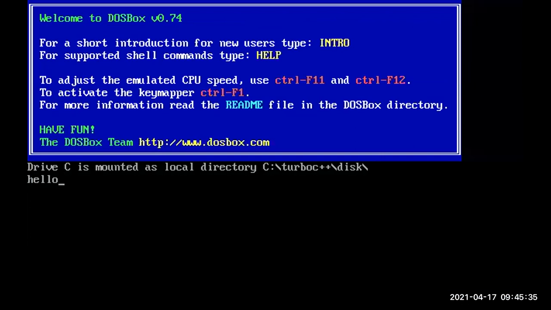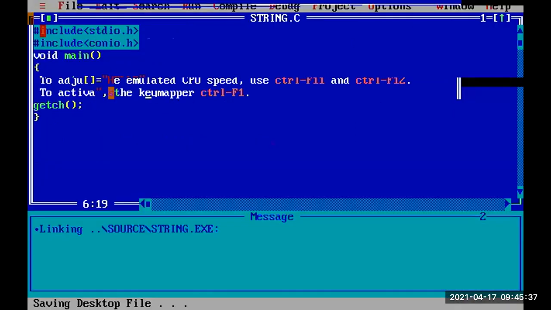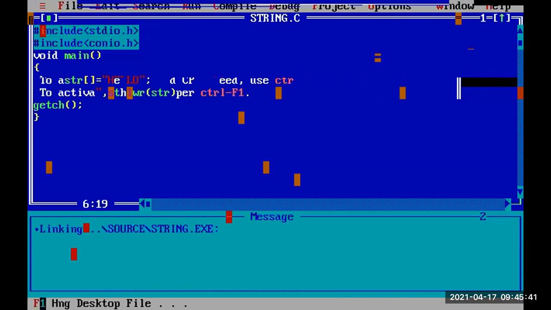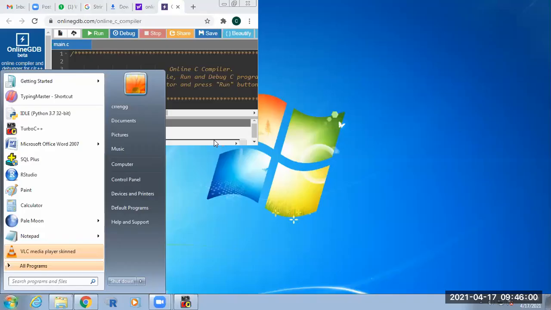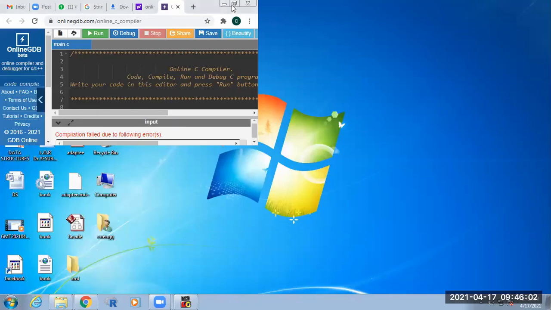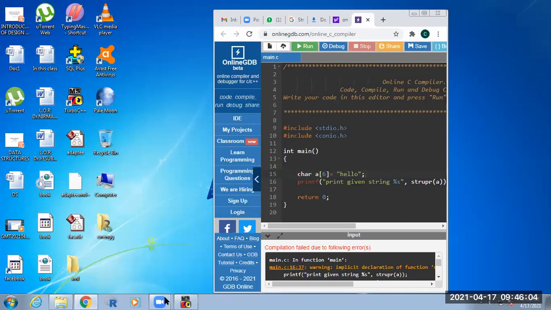Here is the output. Now I gave uppercase here. So here it is working. All of you see, it's working here.